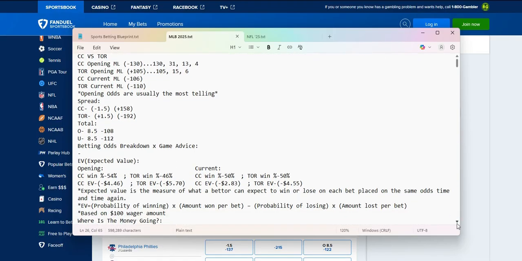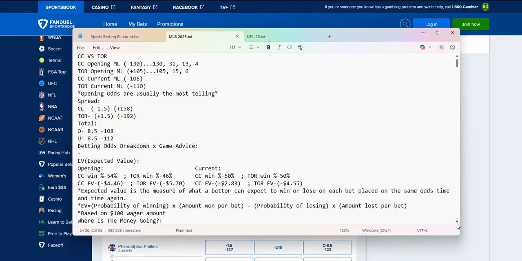And as you can see, the odds are on the screen. Opening for Chicago is at minus 130. And the numbers on the right have just been reduced, by the way. So 1 plus 30 is 31, 13 plus 0 is 13, 1 plus 3 plus 0 equals 4, and that's how we get those numbers. And we just apply that to the formulas, if we apply that to the odds, if need be.